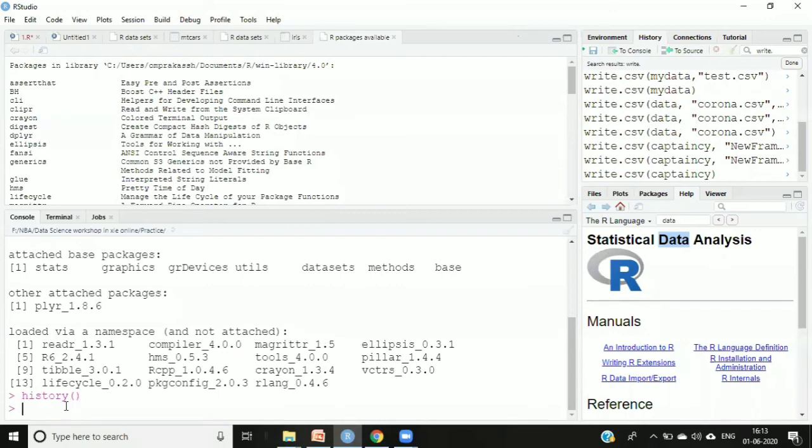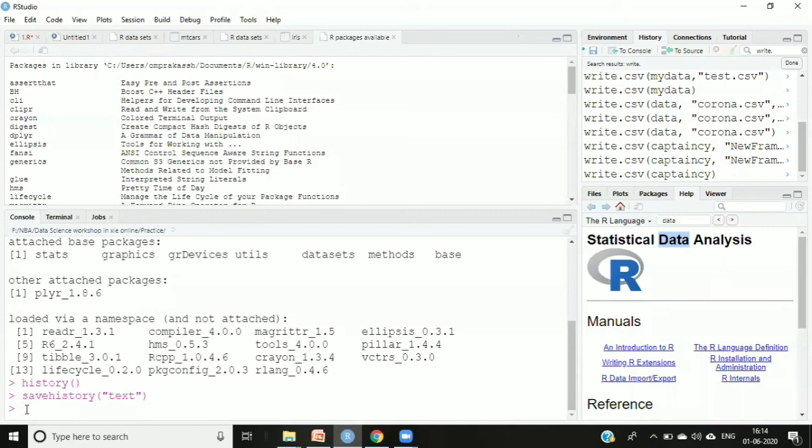Later also we will see the history command again, and we can save that history in a file. At the end of the day, whatever commands we have fired, we can save all of them in one particular file. No need to write each and every command; just fire one command and it will write to one file. So what is the command to write to a file? For all the history, you just say savehistory, like this, and give the name of one file, let's say text, and enter.